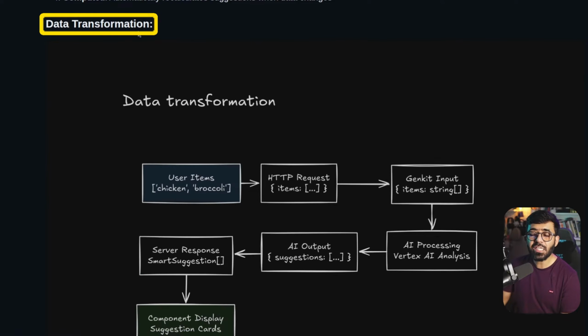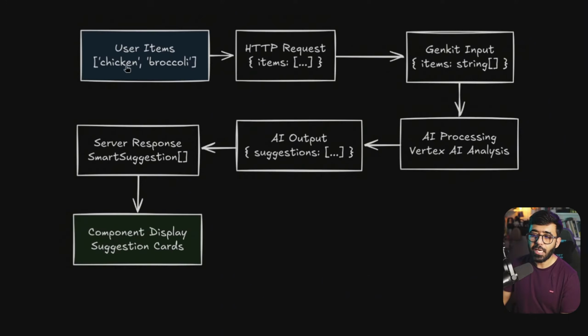However, this data transformation is important. So let's take an example. If the user adds 2 items to the list, let's say chicken and broccoli, this would make an HTTP request, and this HTTP request would take these 2 items within the API call. Then it would go towards the Genkit, and it would pass that information to Genkit, which means to the AI